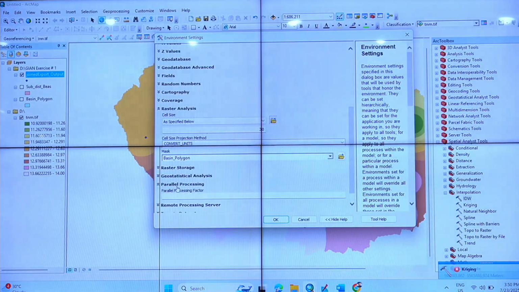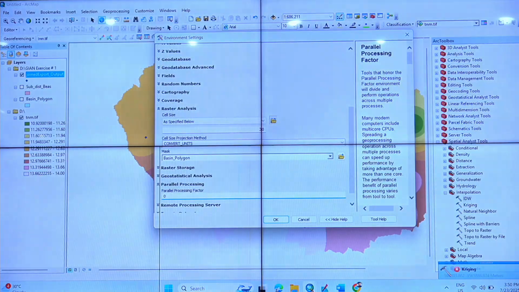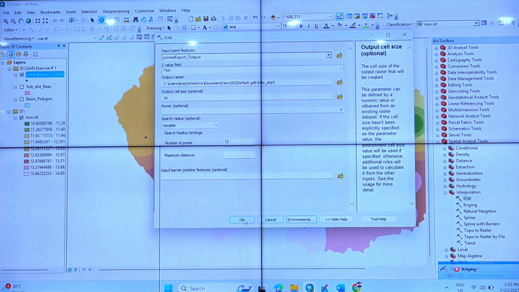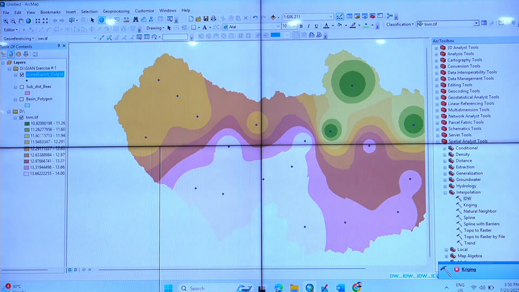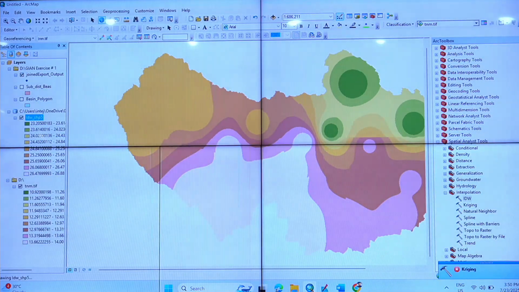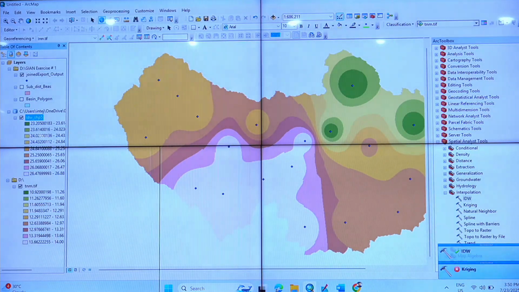Then we go for parallel processing, 0. Say okay and okay. It should come now. We have saved it. So it works. I made a small mistake, because of that it was a problem.